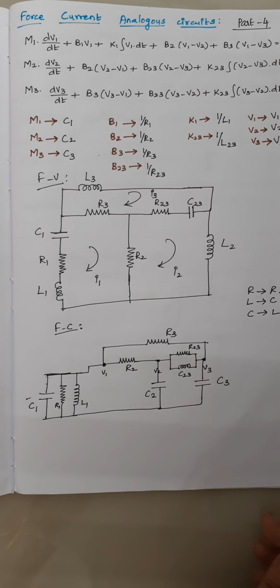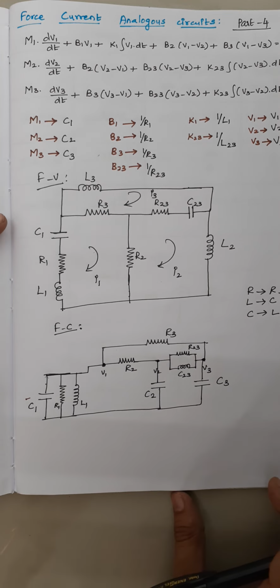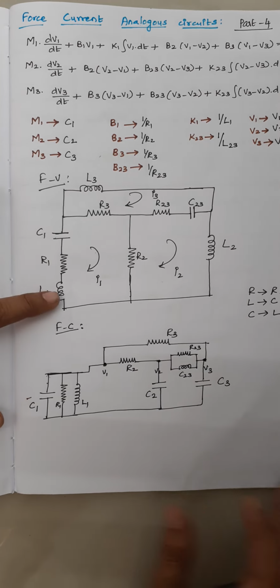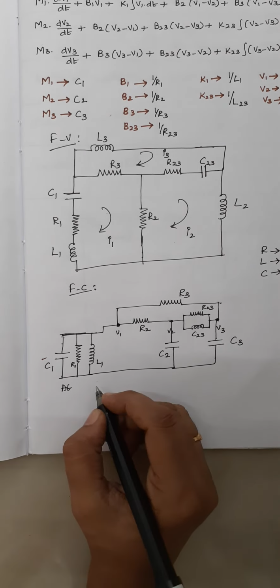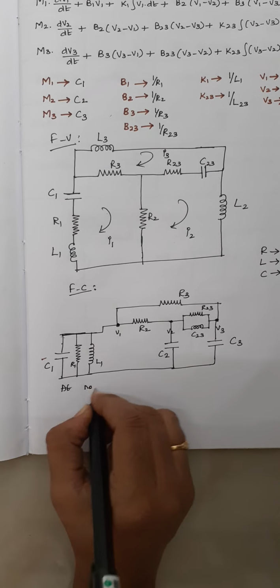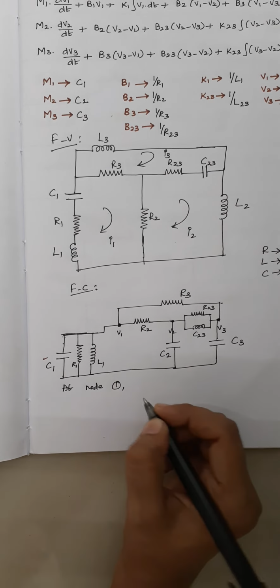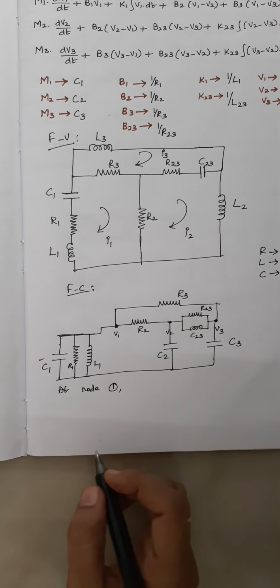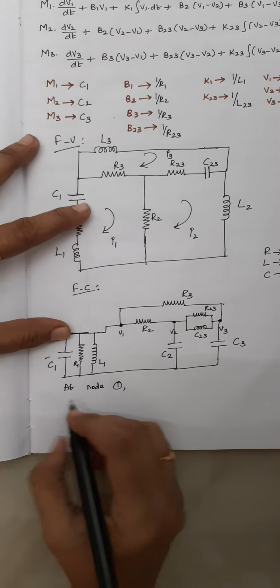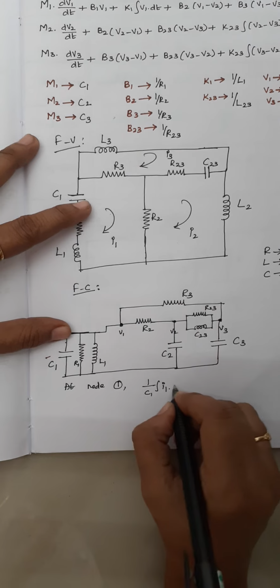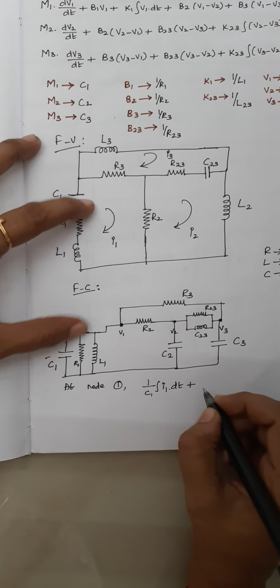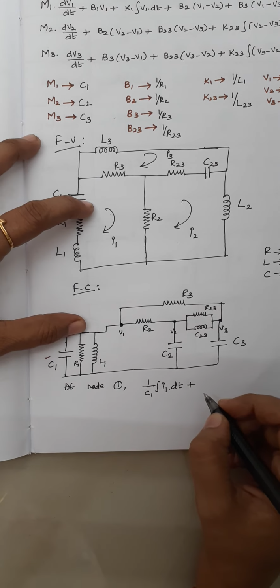Hope you all understand this very well. Now we are going to write the respective equations for each and every node, right? So at node 1, the current flowing through the capacitor is nothing but 1 by C1 into the integral of I1 dt. Plus again, the current flowing through this resistor should be,